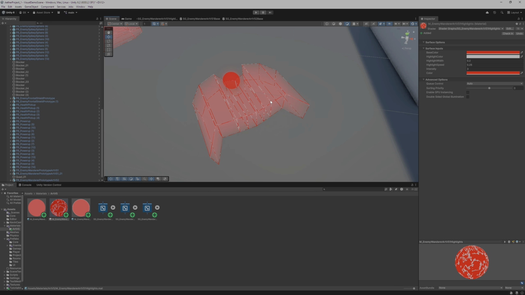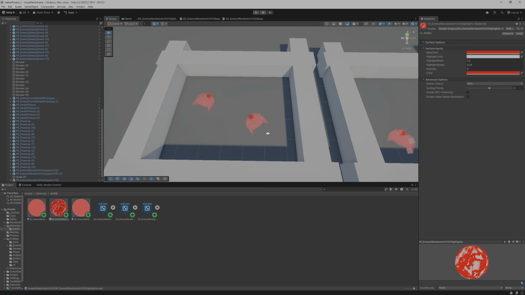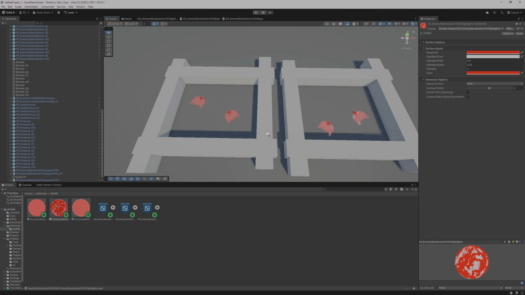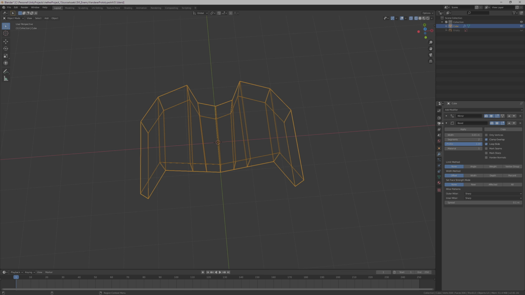When you get close to them, you can kind of see what I'm talking about, where you just have this nice outline of the shape, and you have the quads highlighted nicely, which is cool. I like it. The problem is it just aliases really badly when you get far away, and I don't think this is simply a problem of